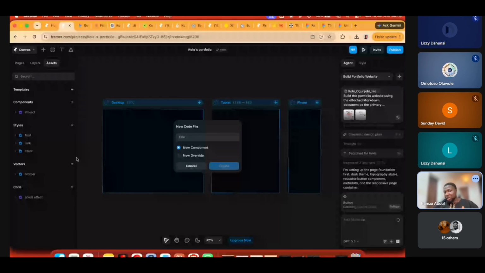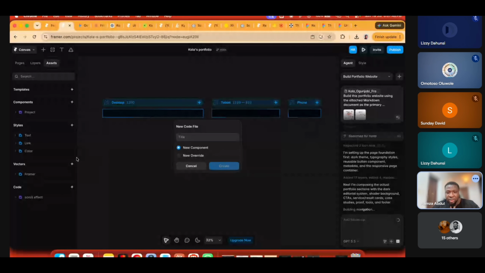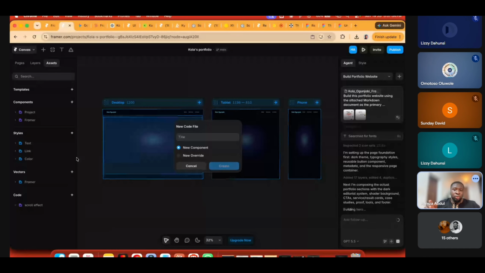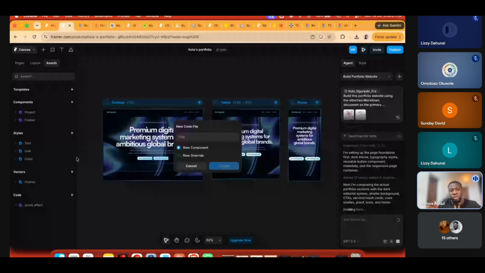So these are like assignments for you that you can go and do on your own. Because me, I'm not a developer, but this Framer code is a game changer because there are some things that Framer does not have, but because of code overrides, Framer will have it. And most of them are JavaScript based. So you can go and look at what you can do to include these components and overrides into your workflow.